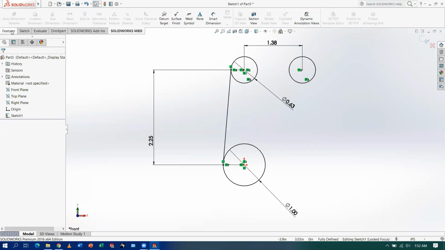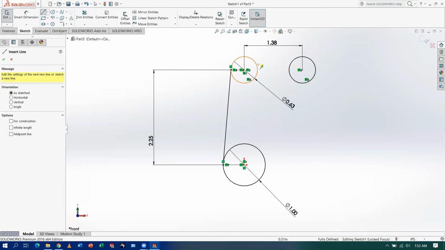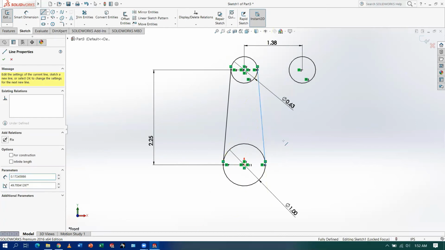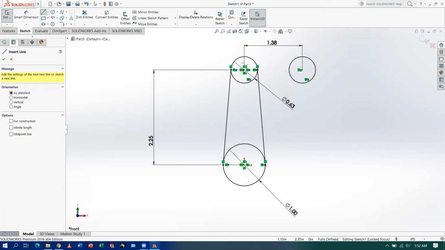Escape, do the same. Escape, do the same with these two circles.